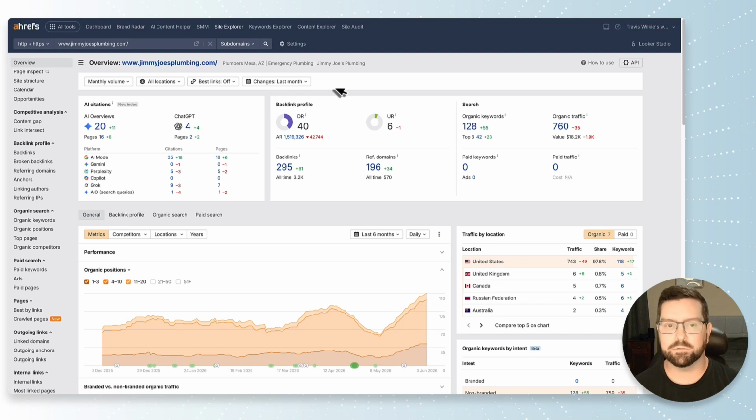Let's take a look at how to do niche research in Ahrefs. If you don't already have an account, you'll need to sign up. It is a paid tool, but once you're in here, you can just put a URL in the top, click search, and it's going to give you this full breakdown of that company's website and what they have going on